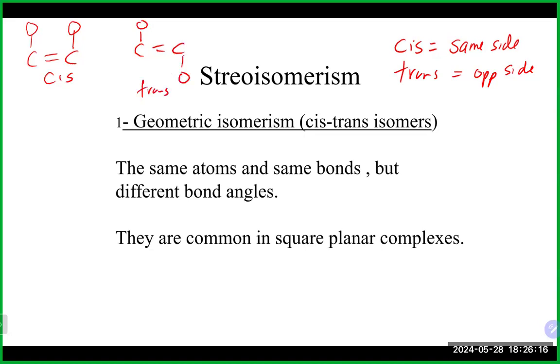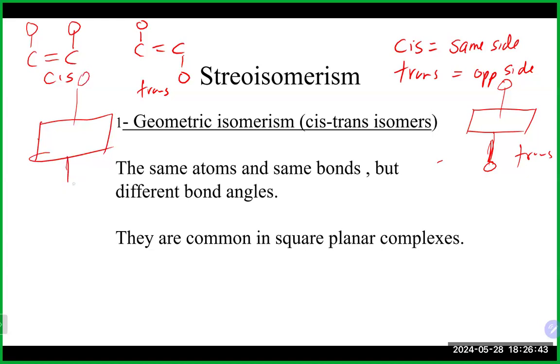When we talk about complex ions, oftentimes we're talking about the plane of the molecule. We could have groups on opposite ends of the plane of the molecule, and that would be trans, one above the plane and one below. We could also have those same groups on the same side of the plane of the molecule, and that would be cis of each other. So atoms that have the same bonds but different bond angles are common in square planar